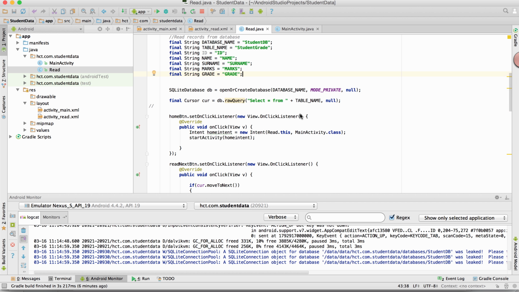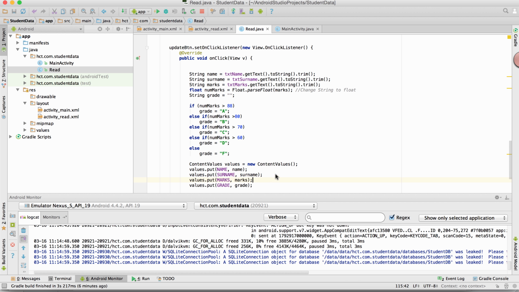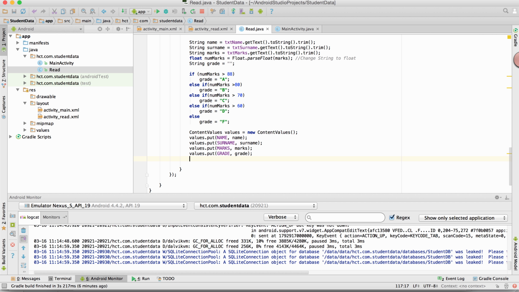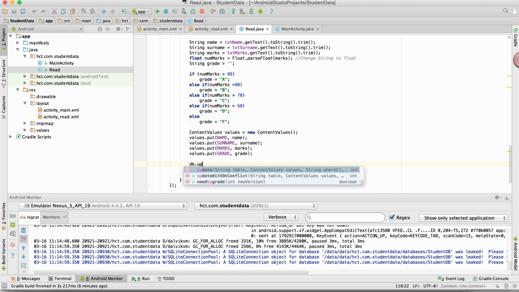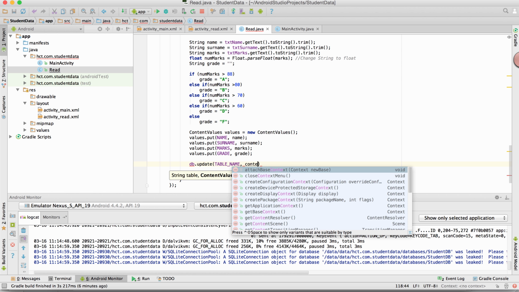Okay, so let's move forward. I declared these as final so I can use them, and I did the calculation again. Now I don't need to insert, I need to update only. I created the content values. Now I'm going to do db dot. Okay, this is the language change which I should not be doing here. I say db dot update like I did before, db dot insert, and this should say table name, in which table I am doing the update, content values or the values,